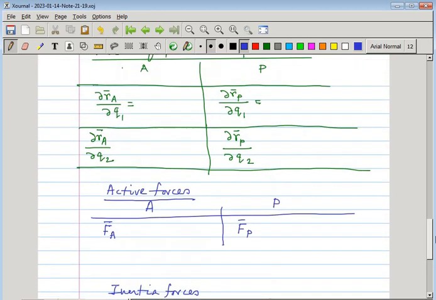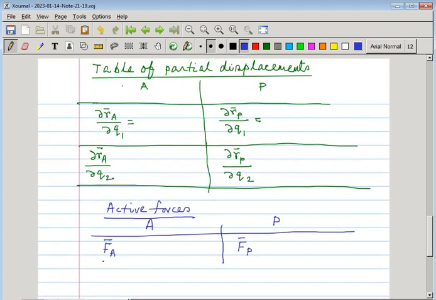That means here what we have to do is multiply this with this,